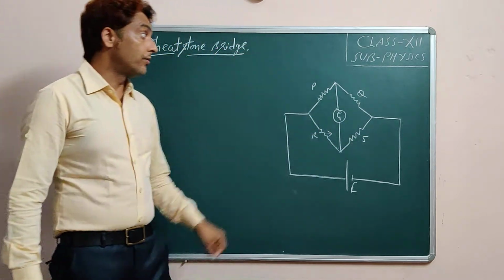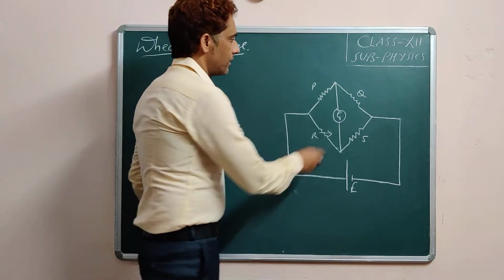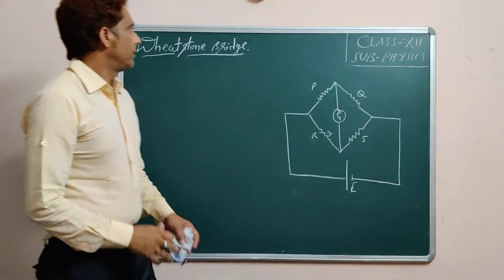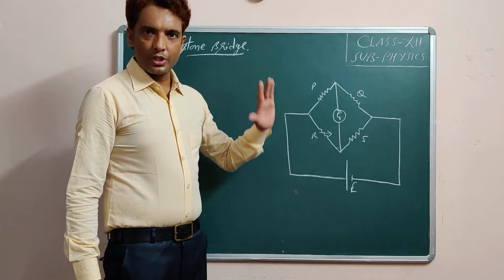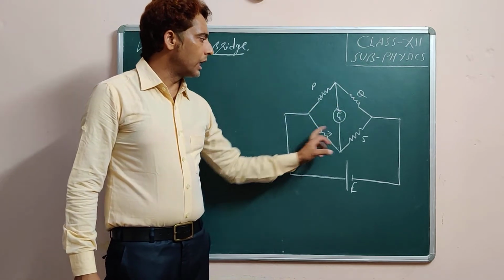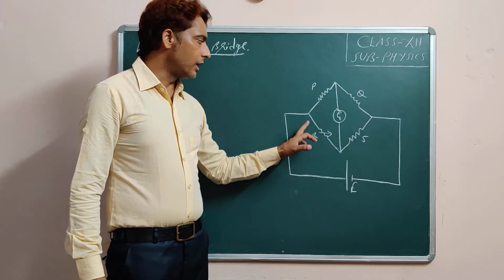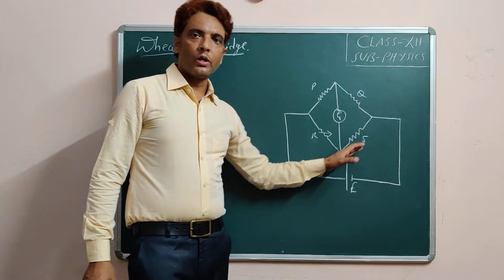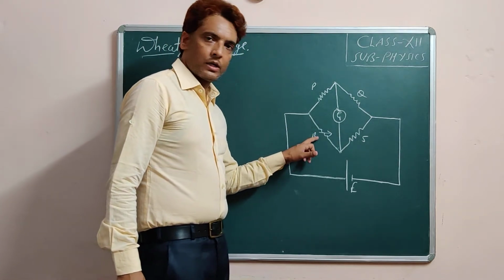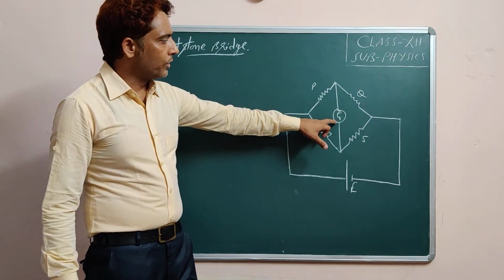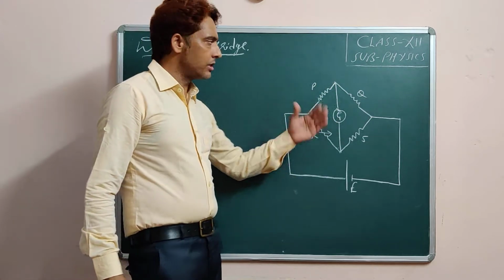Now how to find the value of this unknown resistor? There is a principle given by physicist Wheatstone. It says that if the four resistors P, Q, R, S, out of which P and Q are standard resistors, R is variable and S is unknown, are arranged such that for a certain value of R, when this galvanometer shows no deflection, this bridge is said to be balanced, and when the bridge is balanced, in that case,